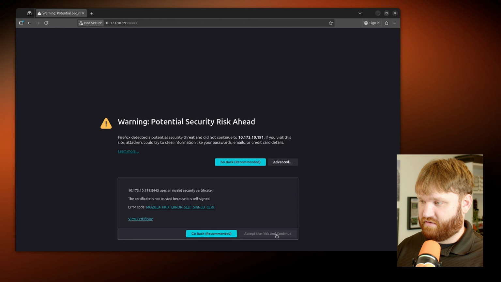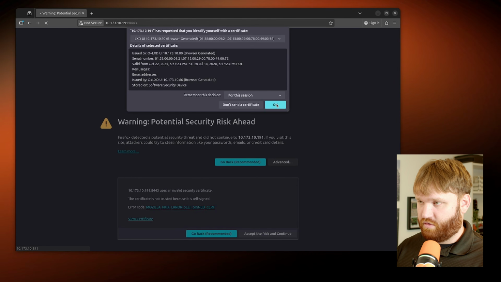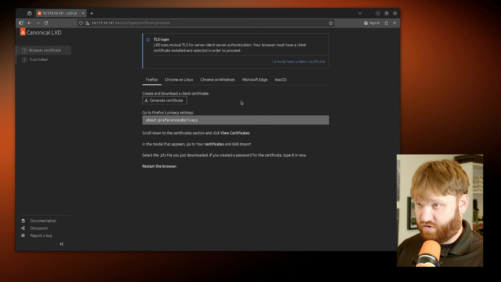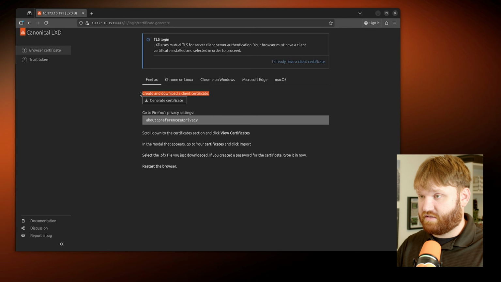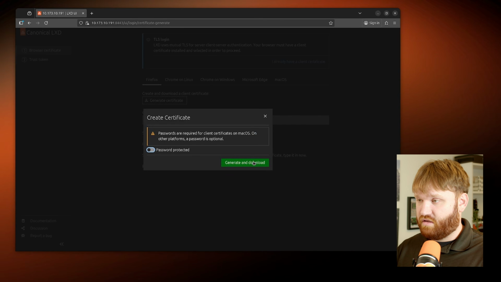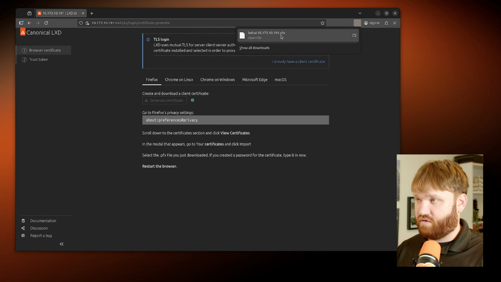We're going to go ahead and skip this because this is our server. We know what we're doing here. I'm going to say don't send certificate for now because we're going to need to actually do this. So you see Canonical LXD right here. We're going to need to generate a certificate. So all you do is click right here, generate certificate, generate and download, and then you can see the file